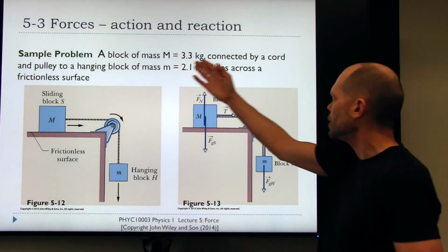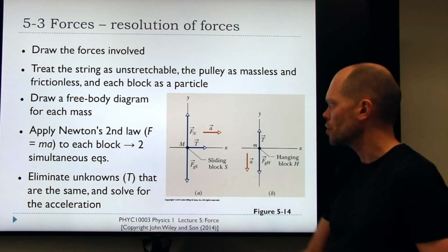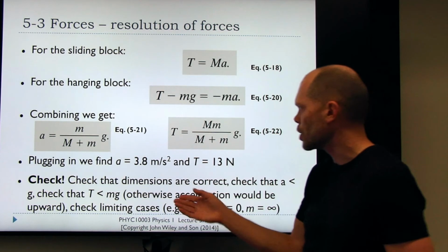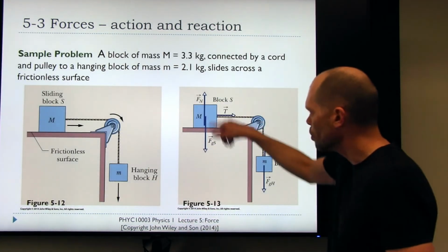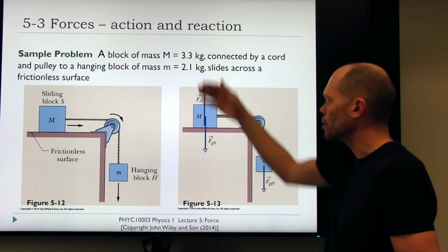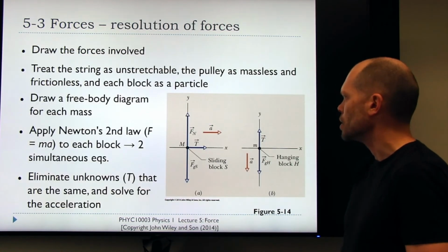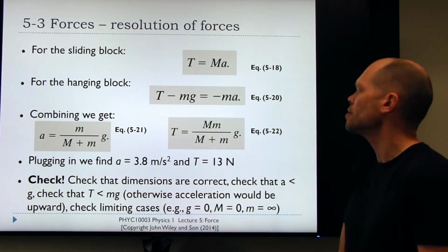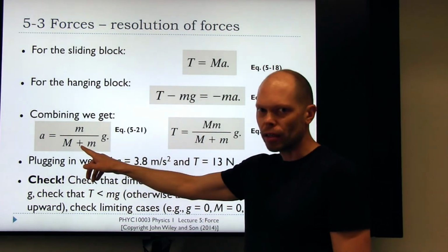Simple problem is that it gives you the details, so you read the whole problem and you're trying to figure out what it's asking. So you read the problem, what are they asking about? They're asking you to calculate the acceleration and the tension. You draw your diagram, you label all the forces in your diagram, you write down all the information that it gives you, the different relative masses, you know g, for example. You draw your free body diagram, you write down the equations that you know you're going to be using in this case,